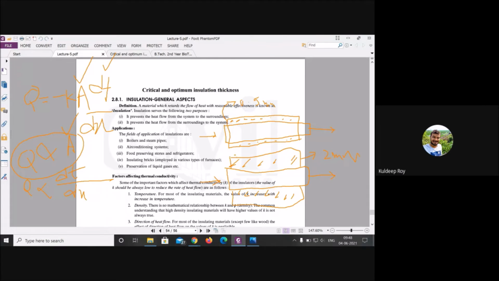And he determined, but the first question should come: which one is correct? That this one is correct or this one is correct? Which one is correct? How will you compare? You have to calculate how much heat is transferring from this particular polymeric system. So how will you determine that thickness? What do you have to do?